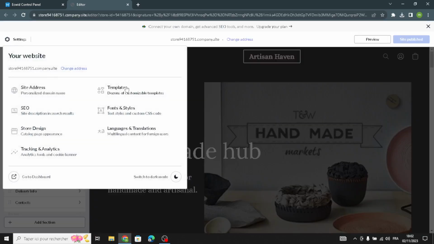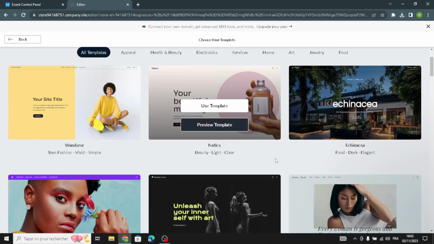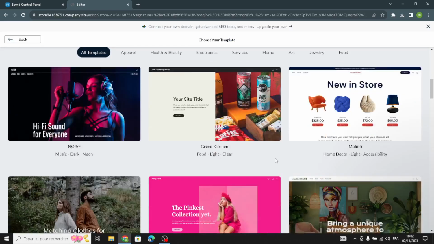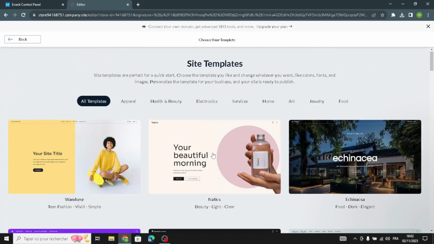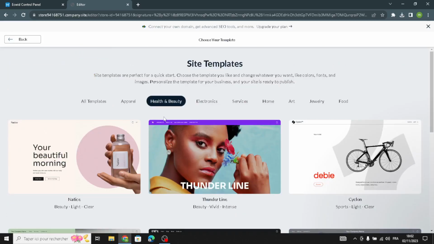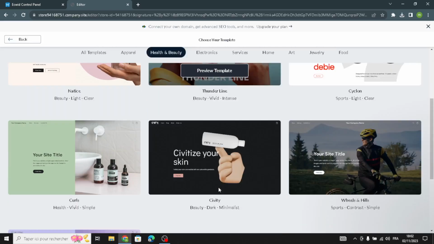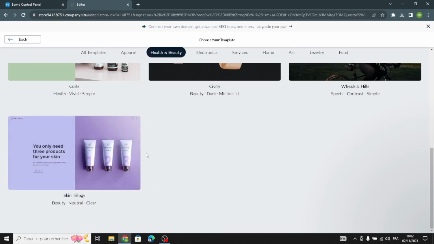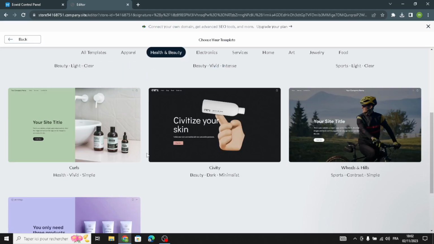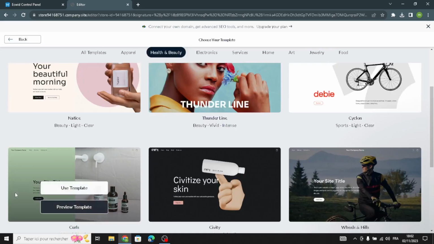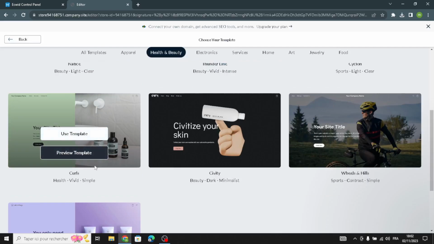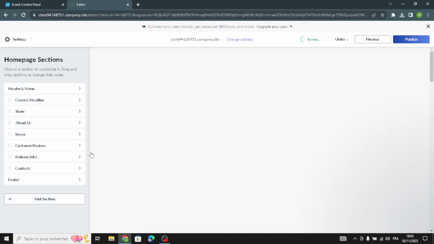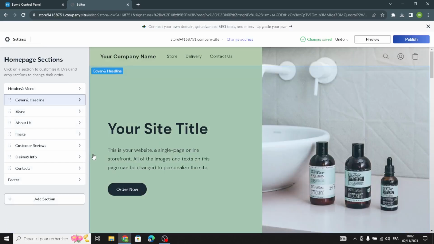So go to the settings and go to the templates and select the template you wanna use. So for the personal care and hygiene, which might be this health and beauty business, you can choose one of these templates here. It depends on your business. So for example, I'm gonna choose this one here. Okay, so as you see now,